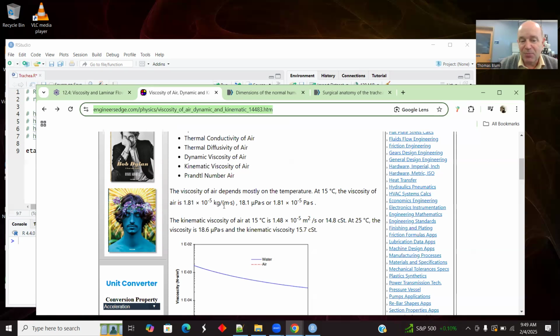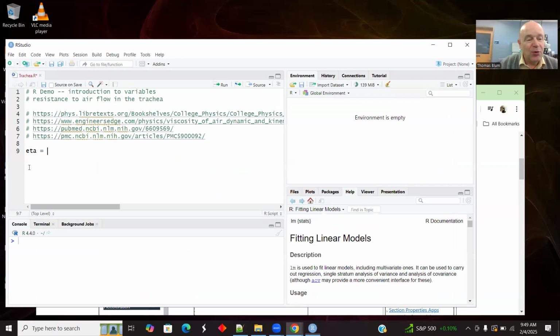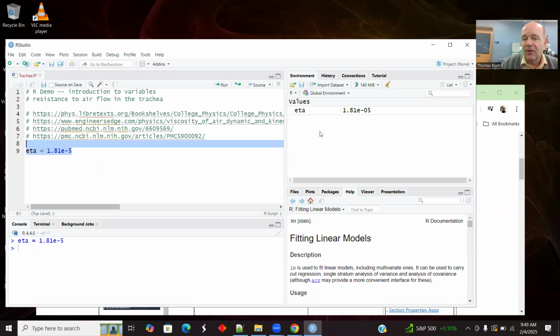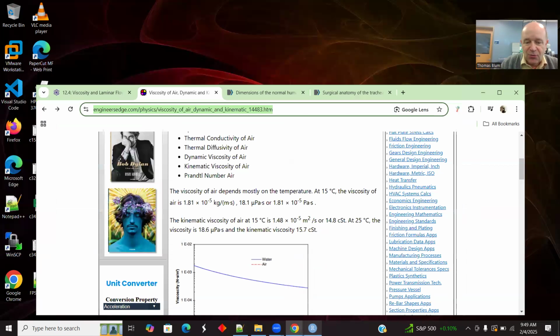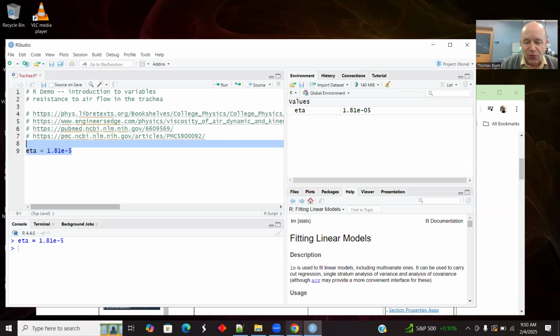Here it is in kilograms per meter times second in the denominator, so those are normal MKS physics units. I'm going to put in 1.81, and then in computers, e to the minus 5. That's how we do scientific notation. I'll enter that and bring it over here to my environment. Okay, so what is next in this formula